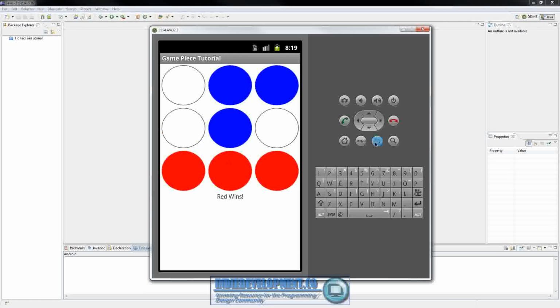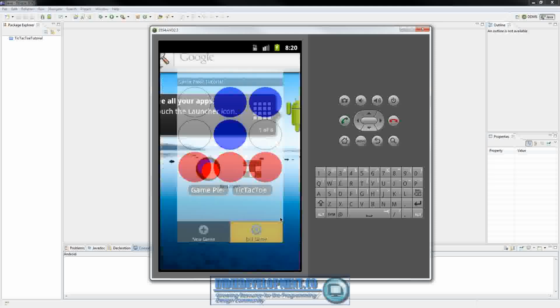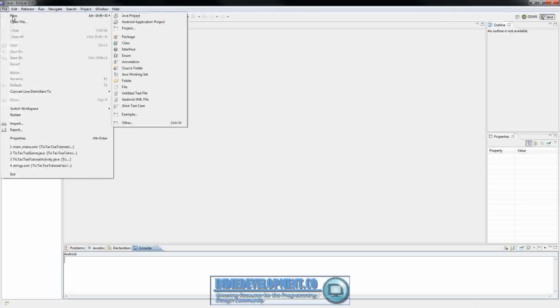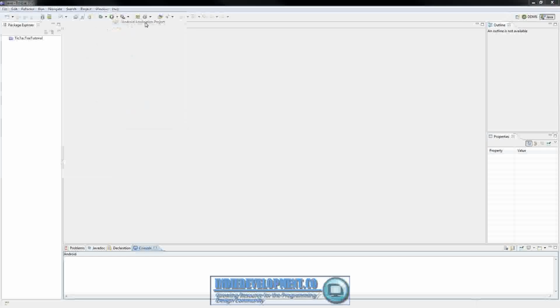So that's what we're going to make, is a game like this, and then you guys can use that to make your own version or whatever. So we'll exit this out and we'll shrink this down. So the first thing we need to do is go ahead and create our project. So we'll go to File, New, Android Application Project,